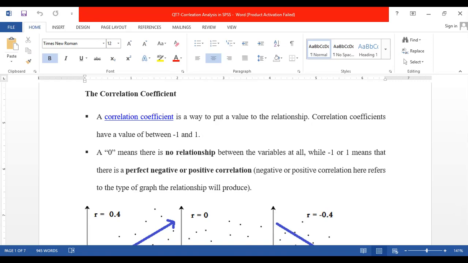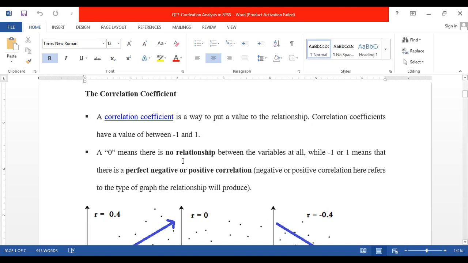In case of a negative sign, there is a negative correlation between the two variables, and in case of a positive or plus sign, there is a positive correlation between two or more variables. Zero means that there is no relationship between the variables, because the acceptable limit of the correlation coefficient is -1 up to +1.